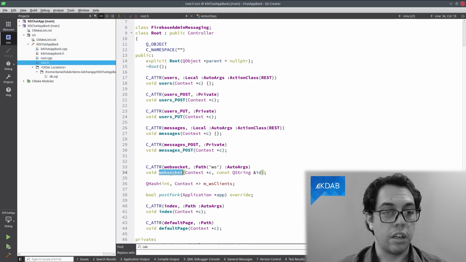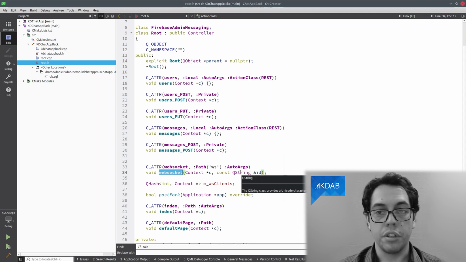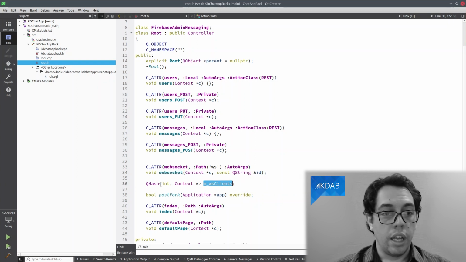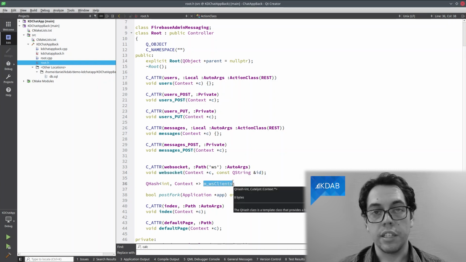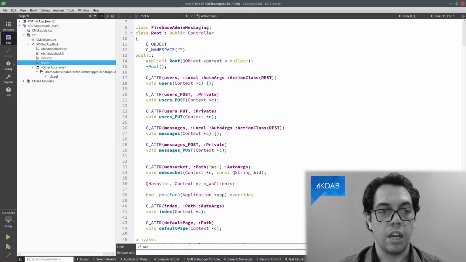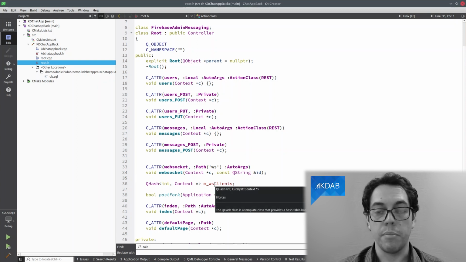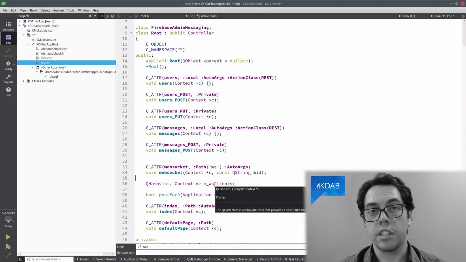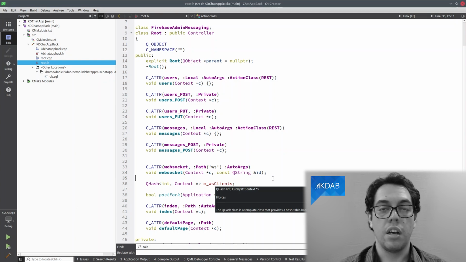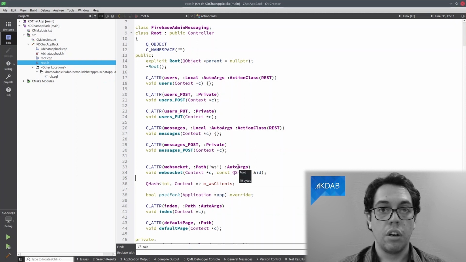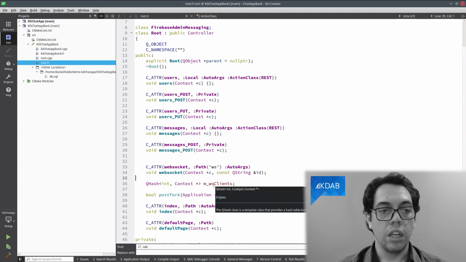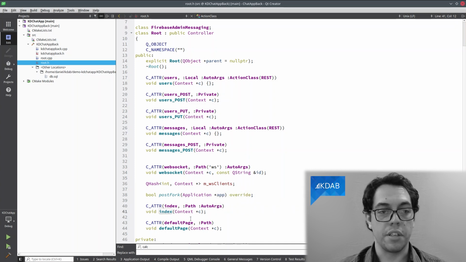We're also going to have a WebSocket, and this WebSocket is going to make sure our user is connected and we can send, hey, there's a new message in real time. And here we are going to have all the clients connected on a hash. So when a new message arrives, we can take a look at the connected clients and send a message. If the client is not connected, for example, we can just go ahead and send a push notification to the user, or ignore the message.